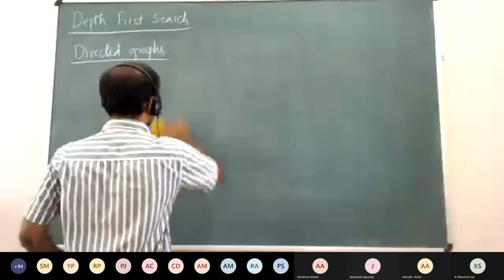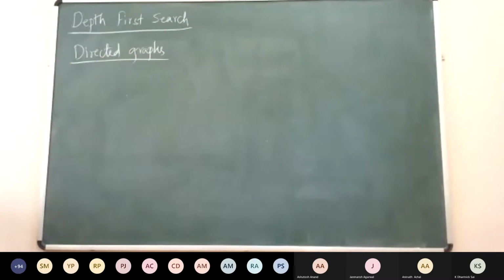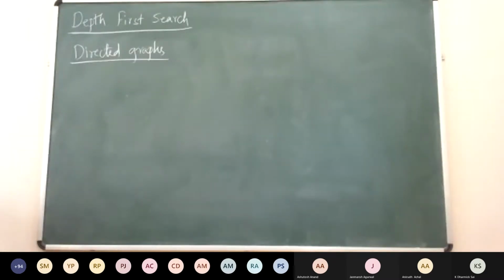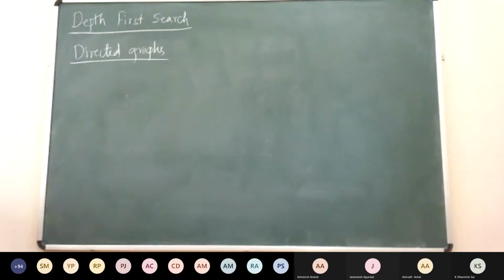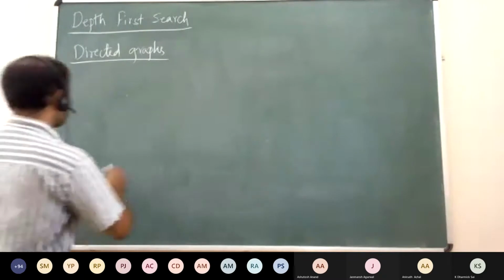In that sense, it is still like the old pseudocode that we were using. In the explore function, we were calling explore for every adjacent vertex. Here what you need to do is call the explore function for every out neighbor. For every out neighbor, if it is not visited, you visit it. So that is a very small change. Rather than going onto the pseudocode, let me take an example and see what all things we can do with respect to directed graphs.